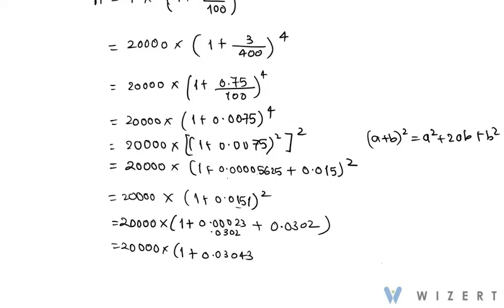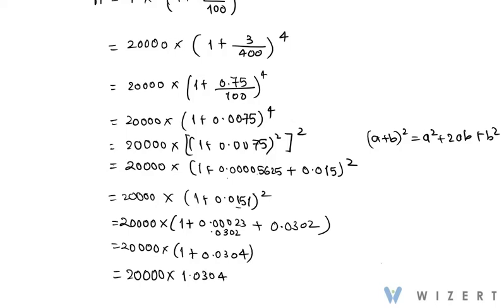And now we can see that this is smaller than 5000. So we will simply take this as 0.0304. This 3 we will simply eliminate. 304, which is equal to 20,000 multiplied by